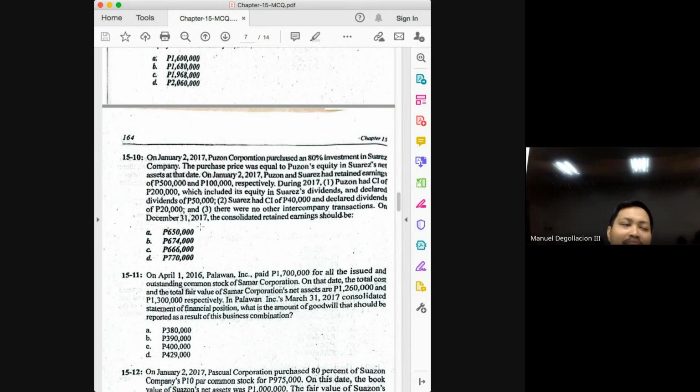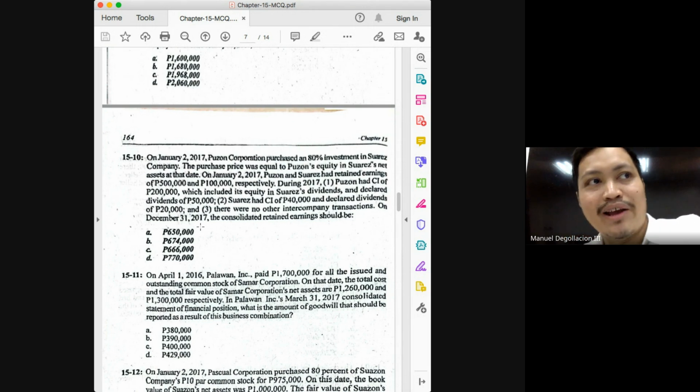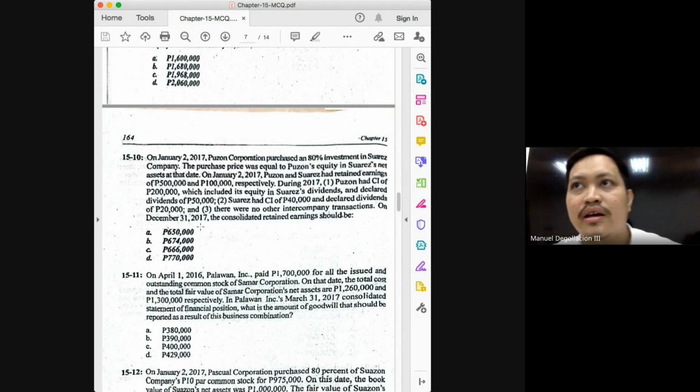But going back, how should we approach the RE balance, class? The same way you've approached the retained earnings balance in all your previous subjects. And again, how do you compute for retained earnings end? Retained earnings beginning plus profit or minus loss and then minus dividends. That's it. Okay. Now the question is, sir, that's what the parent is doing.